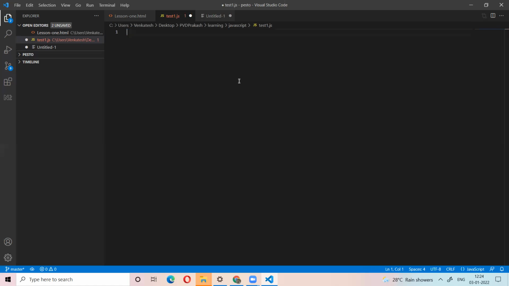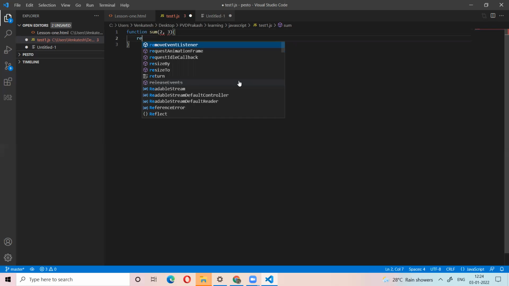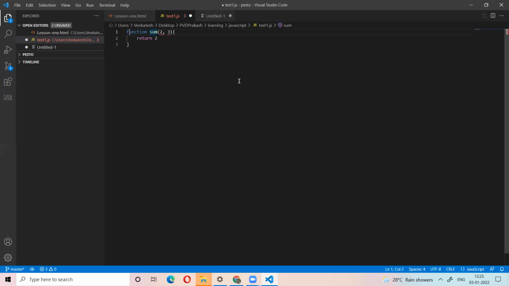Why do they use it? For example, I have the sum. If I pass 2, 3, I want the sum of those two arguments. If I pass three arguments, I want the sum of the three arguments. If I pass four arguments, I want the sum of the four arguments.